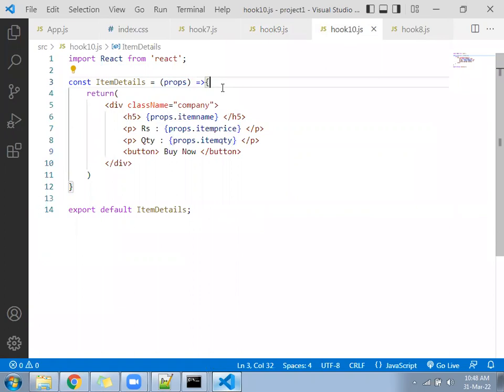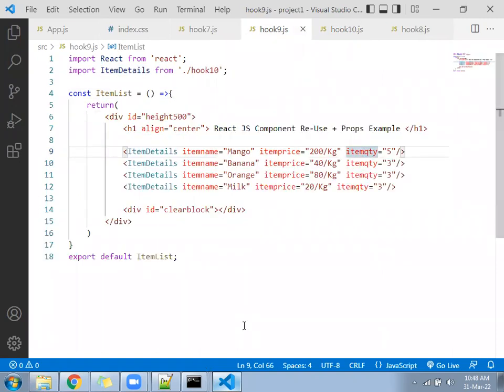Under the props variable, you will find 3 things: item name, item price, and item quantity. You can pass 100 properties also, no problem. Whatever properties you pass from there, all will come under this, and you can print them here easily, with whichever design you want. So this is the feature called props.